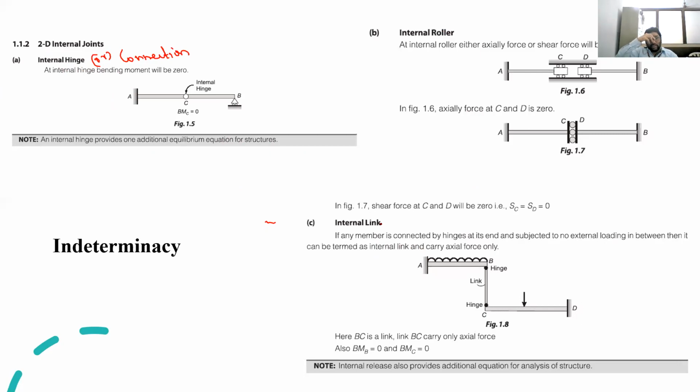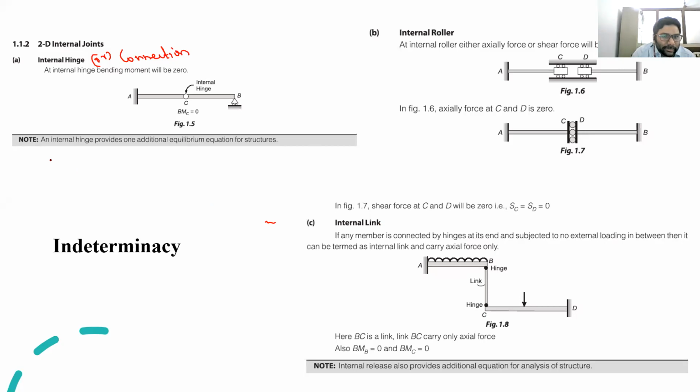So, where do we use all these things? That also I will say. Internal hinge and all the connection type of things are actually used in bridge construction. In bridges, whenever you are trying to connect different supports, you need to have a hinge in between such that that connection will help the overall behavior of a bridge such that moment at that point will be equal to zero.